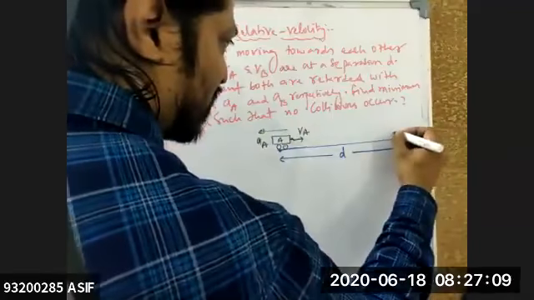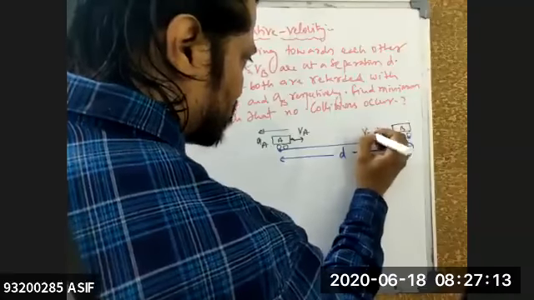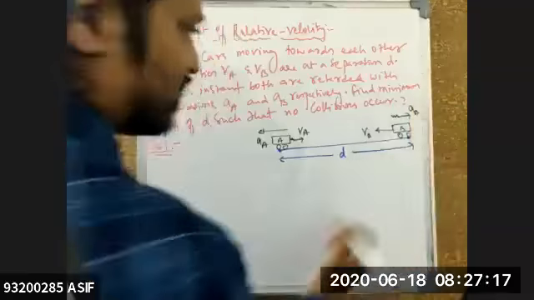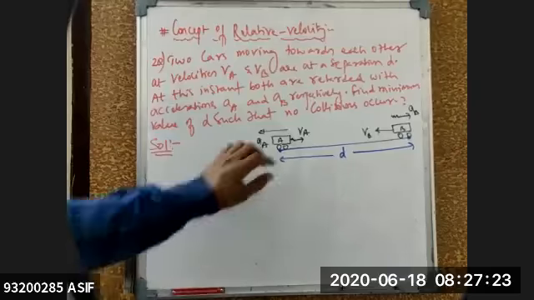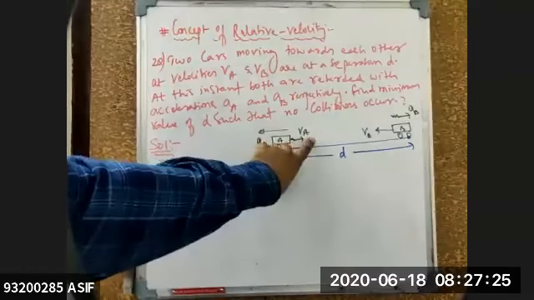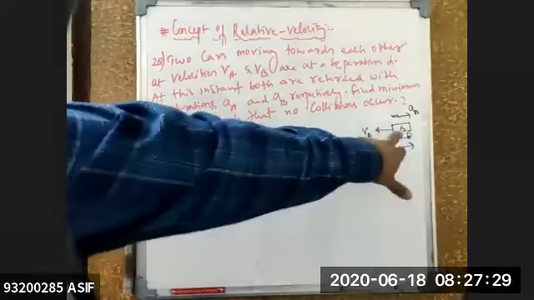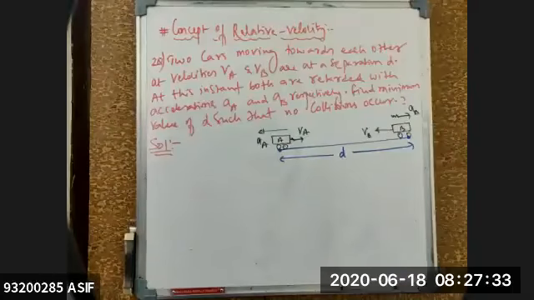This is your car B. Velocity of this one is in this direction. This is VB. It is also retarding, so acceleration will be in the opposite direction. Retarding means acceleration is what? Opposite to the velocity. Is that point clear for everyone? If the velocity of the body is A, retardation means acceleration will be in which direction? Opposite direction. If velocity of B is in this direction, acceleration of B will be in which direction? Opposite direction. Is this statement clear for everyone?